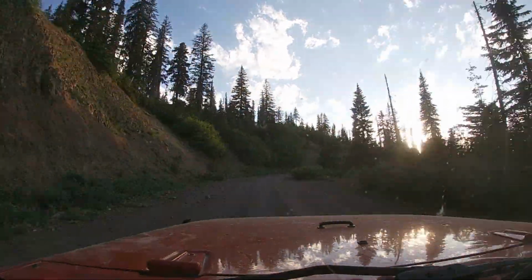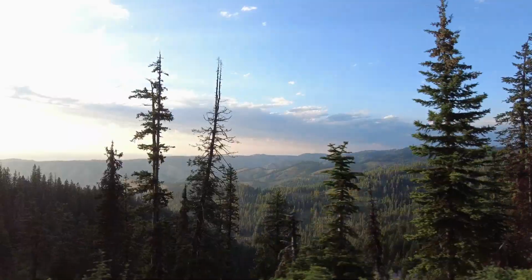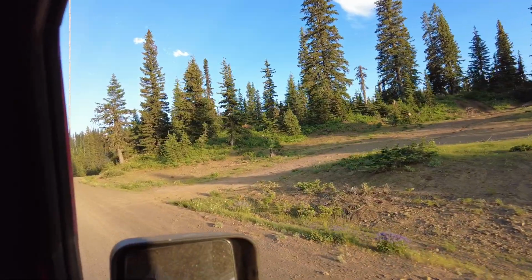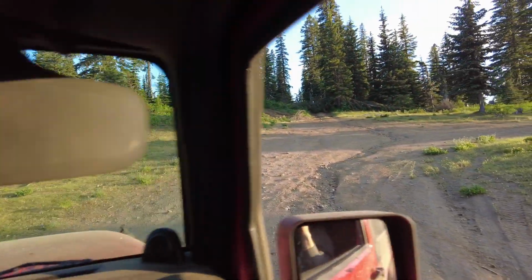Are we close or not close enough? I'm not in love with this campsite. I'm not in love with this campsite either. I'm totally fine to keep on driving. Let's drive a little bit more. And like a redneck party spot or